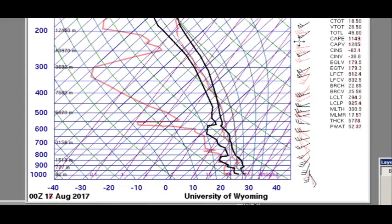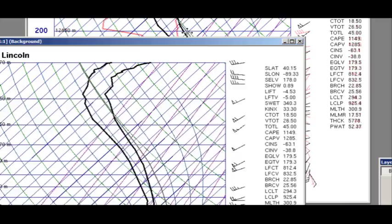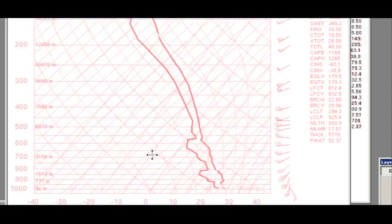So feel free to do this with some of the stations that you're interested in. I did this in PaintShop Pro, and it's actually pretty easy. You just grab a sounding, copy image, paste it into PaintShop Pro. You colorize it with adjust brightness and take that down like this, because you can't colorize black because black is an absence of color. So you have to make it gray. Then you use the colorize tool, make it red, and now you can paste on